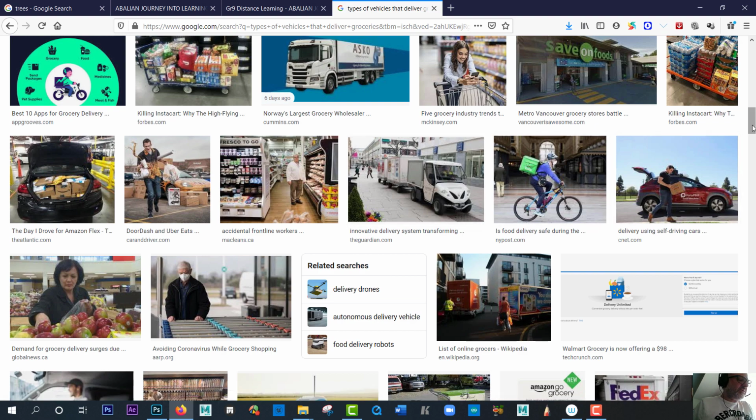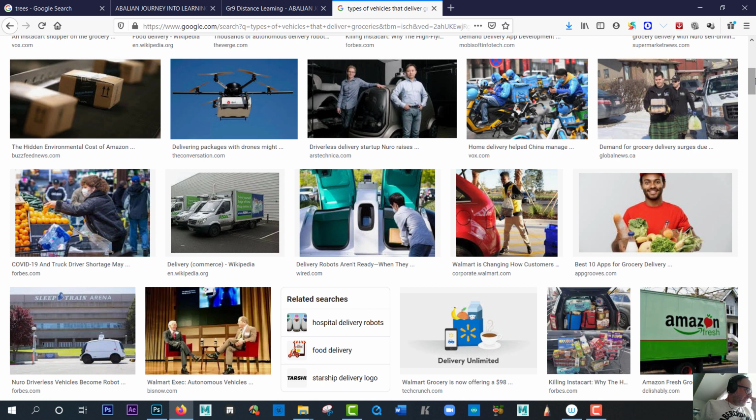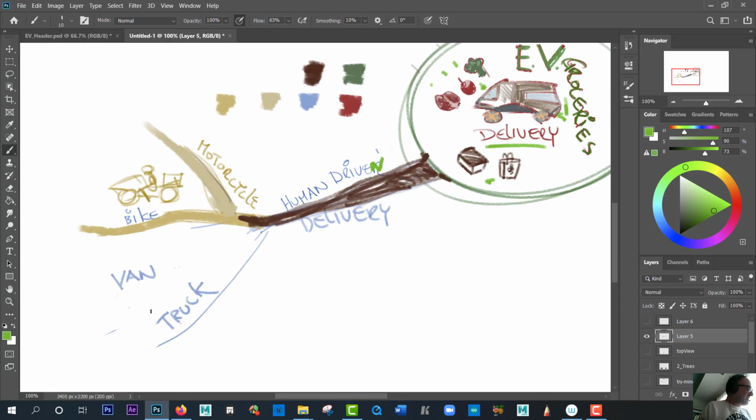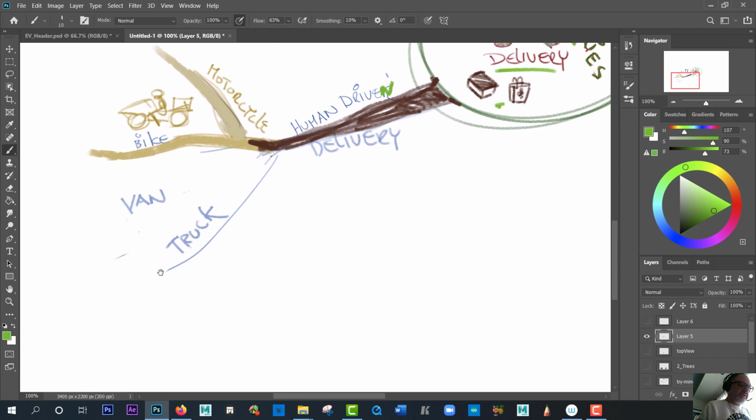Can I just scroll up here and down? And each method, all I am doing is sketching it out. Some of you can take the picture, drop it in. Look at this, Amazon Fresh, right? So that's a truck. So what does a truck look like? Well, at this point, I'm going to draw something else. So really, I'm going to keep these branches at different colors.